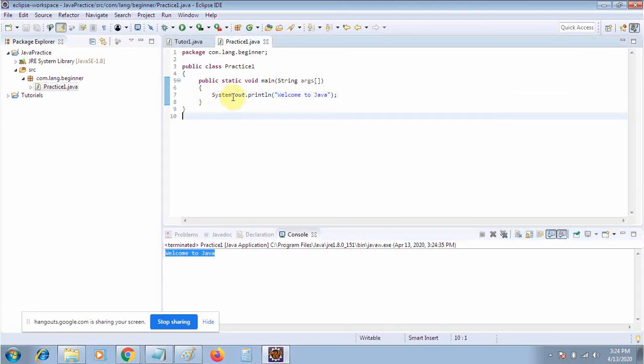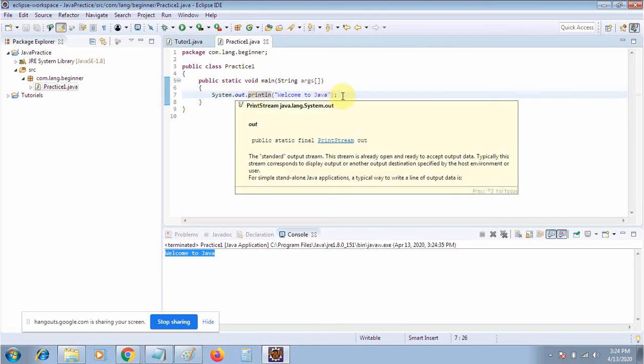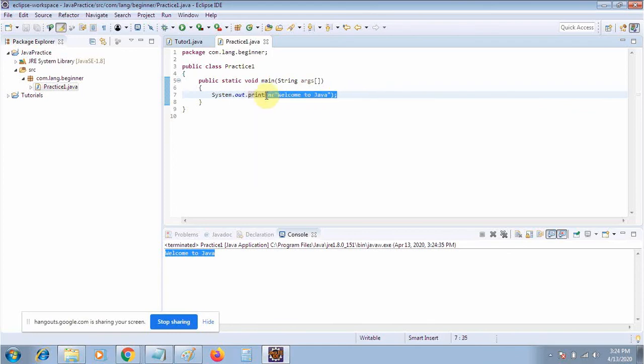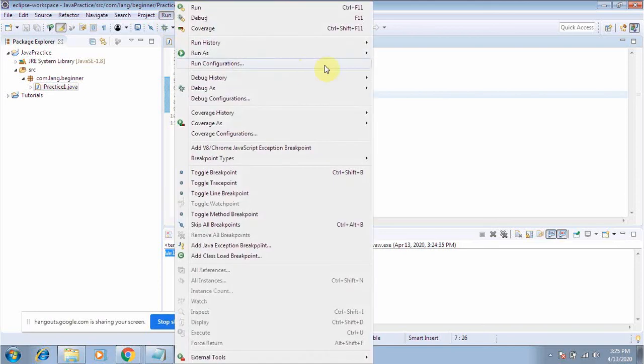System.out.println. What does this mean? This is a method that prints something on a new line. What will happen if I use simple System.out.print? Is there any error, or will there be the same result?